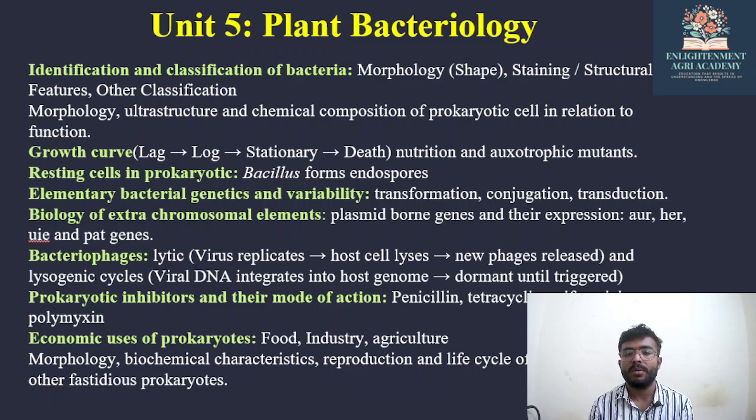Now on the basis of the shape, there are the cocci, a rod shape, then spirillum. These are some shapes. Now the morphology, ultrastructure, chemical composition of prokaryotic cells in relation to functions. And then what is the growth curve, how the lag phase, log phase, stationary phase, then nutrition, autotrophic, heterotrophic. Then resting cells in prokaryotes, how the bacillus have ability to produce the endospore, and that